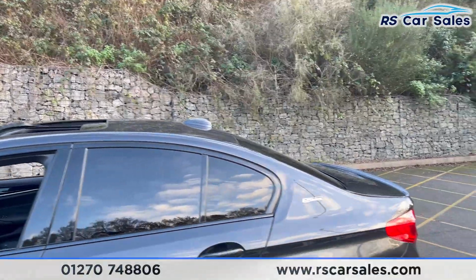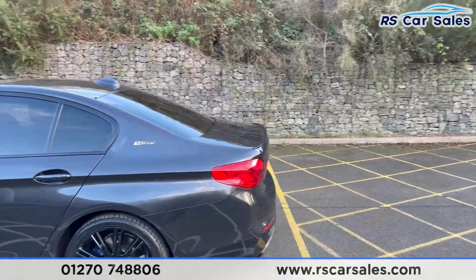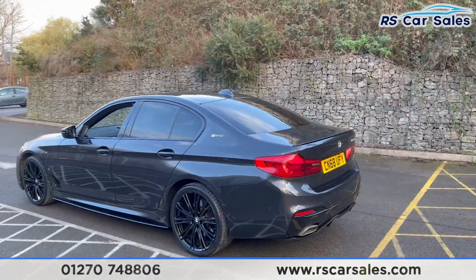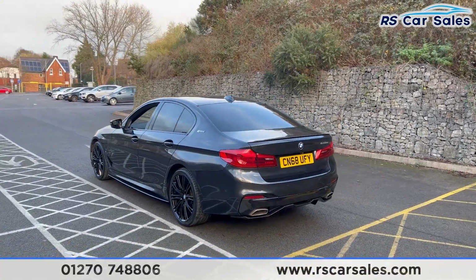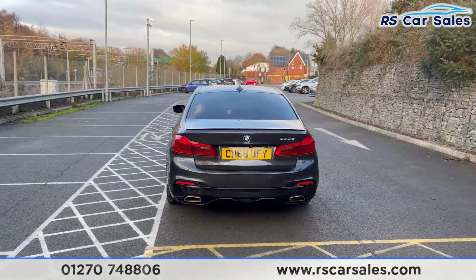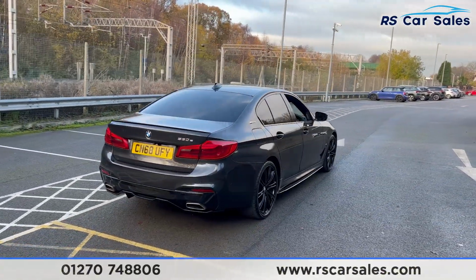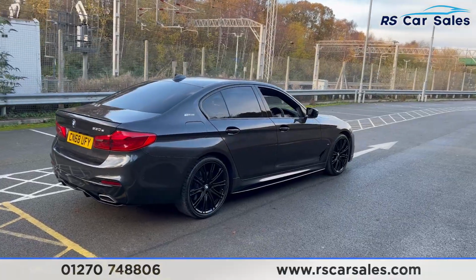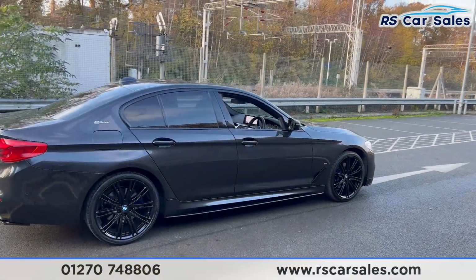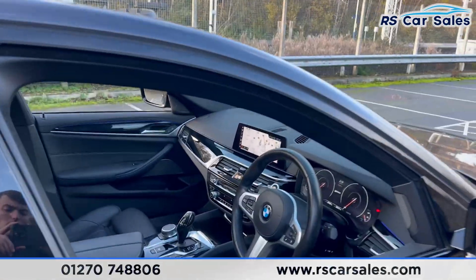The shark fin antennae, we have the eDrive badging just on the side, we have the rear spoiler lip as well. Front and rear parking sensors with a reversing camera and a visual display inside. We have the dual exhaust and the rear diffuser. Back around to the driver's side now, you find that this vehicle is free from any major marks, dents or scratches. So if we take a quick look at the interior,